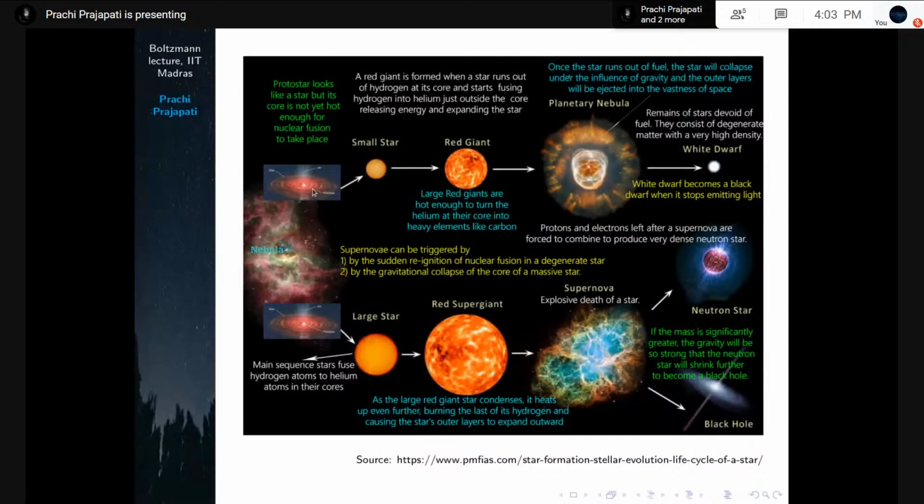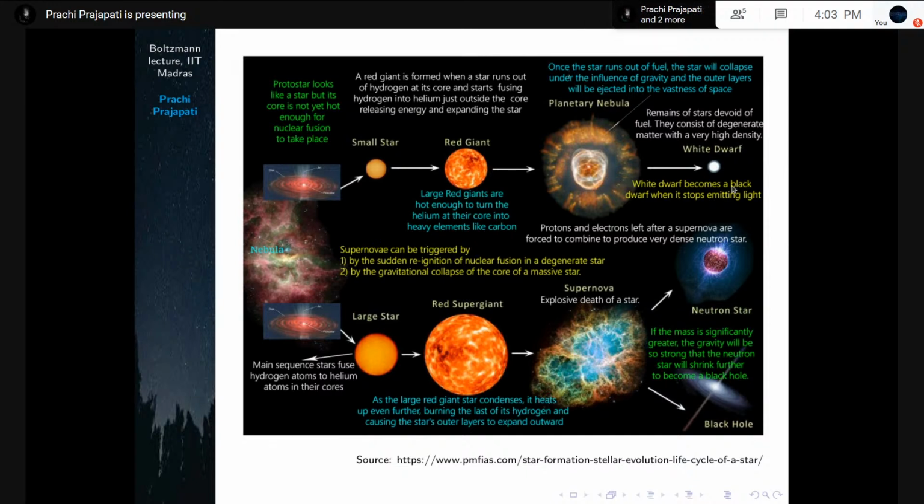After the birth, further evolution depends on the initial mass. Low mass stars like our sun, which have a mass of the order of 1 solar mass, evolve in a quite peaceful manner, as shown in the top panel here. After the main sequence, it evolves to the red giant phase, and then it dies as a white dwarf, going through phases like the planetary nebula. But this is a very peaceful manner, and they don't show much exotic phenomena, which are very powerful as compared to supernova-like phenomena.